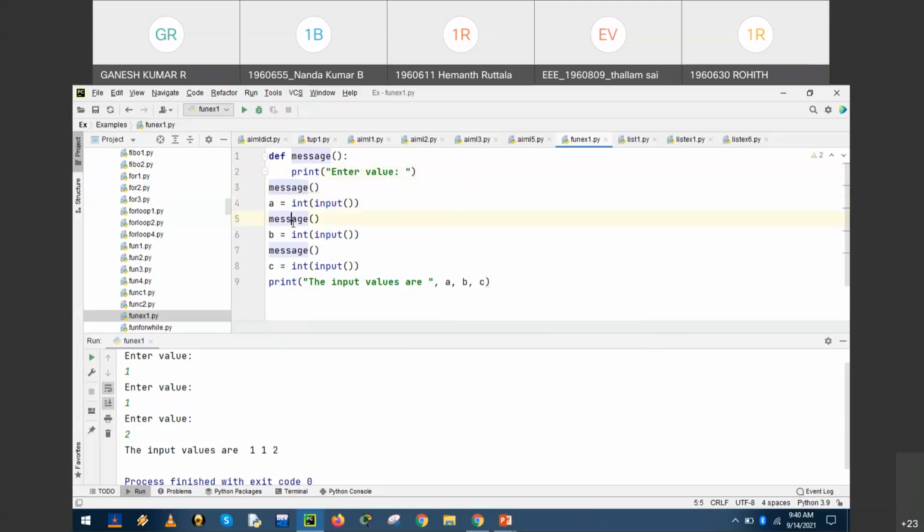Next, again the function is invoked. Python jumps to the block, checks the statement, enter a value, accepts and assigns to the variable B. The third time is again an invoke, Python jumps to the definition block, executes the statement, which means enter a value, and the third value is assigned to the variable C. And later print A, B, C are displayed.